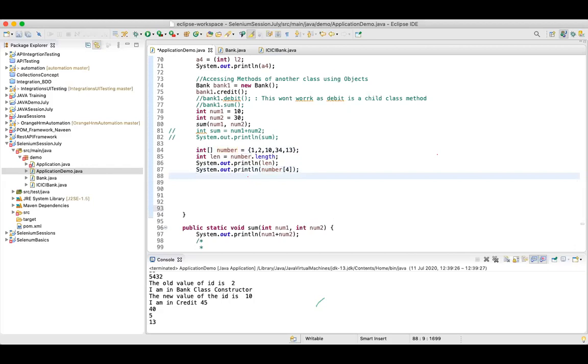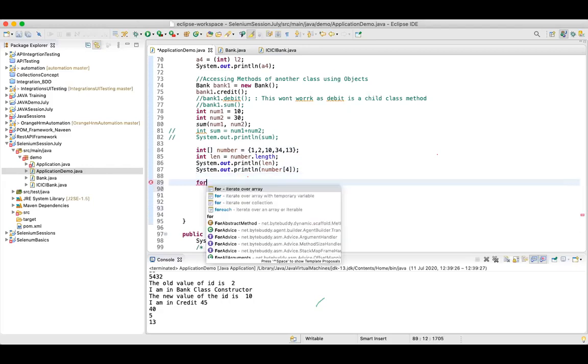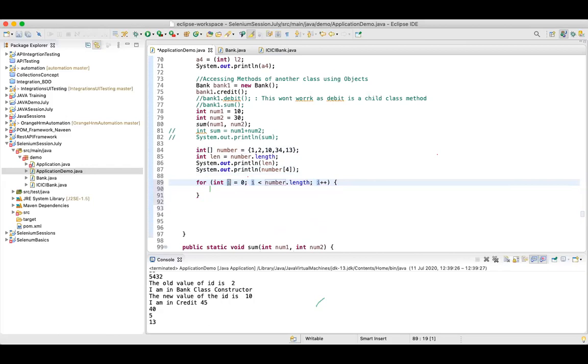So if you want to print all the values, you can simply use a for loop. I'll say for i is equal to 0, I want to start from 0, and this is my list, number dot length. And here I want to print the value, so I'll say number of i.